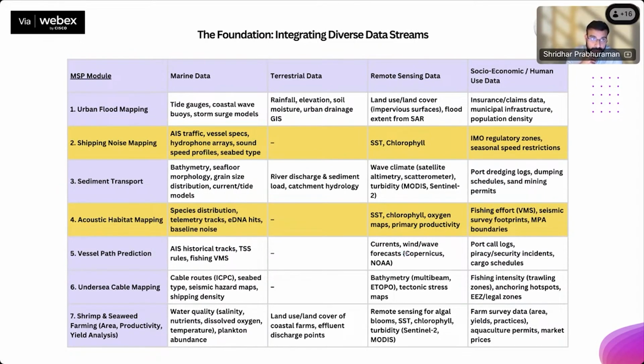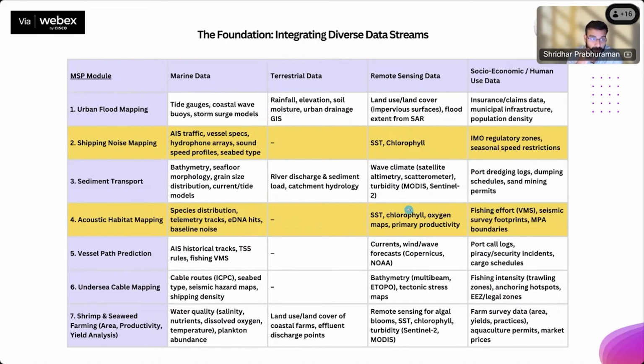So that is the kind of broader approach we are looking at when we look at the MSP as a digital tool. Now, the foundation for any such tool is to be able to recognize the large amount of information that we need to process, the whole ETL pipeline, or extract, transform, and load pipeline, that we need to establish for that. Because depending upon the application, currently the MSP tool that we're generating consists of 7 different modules. Each of the different modules has a lot of different data requirements that we extract.